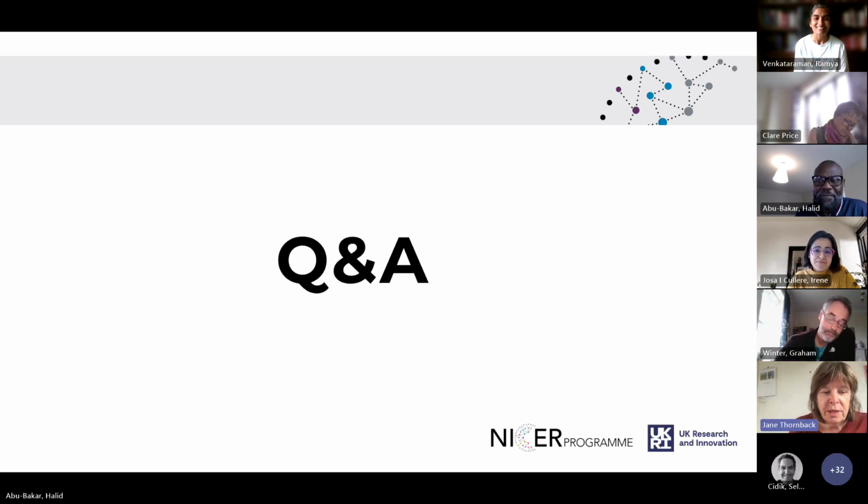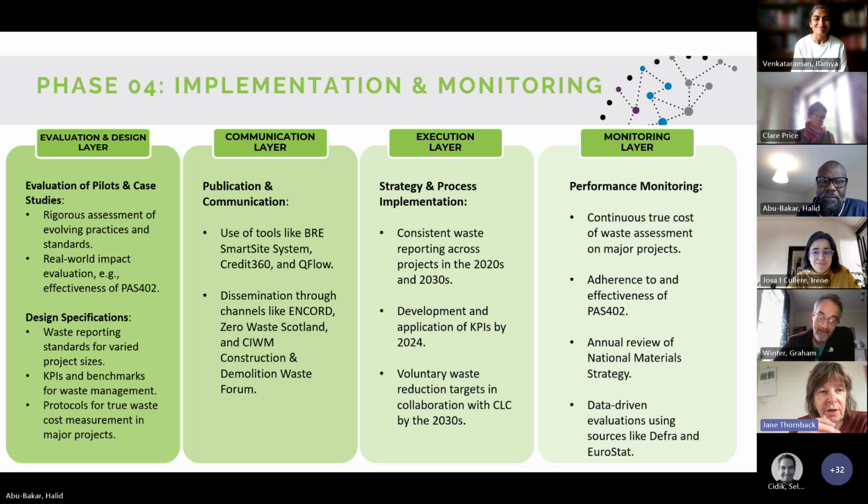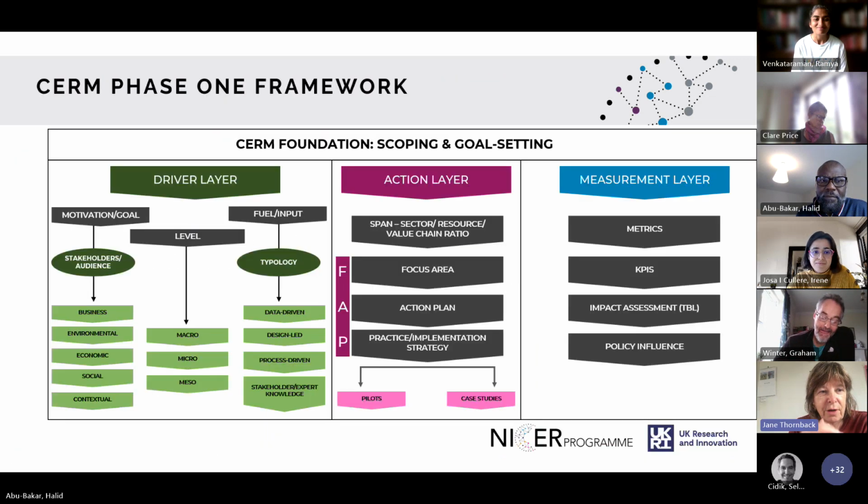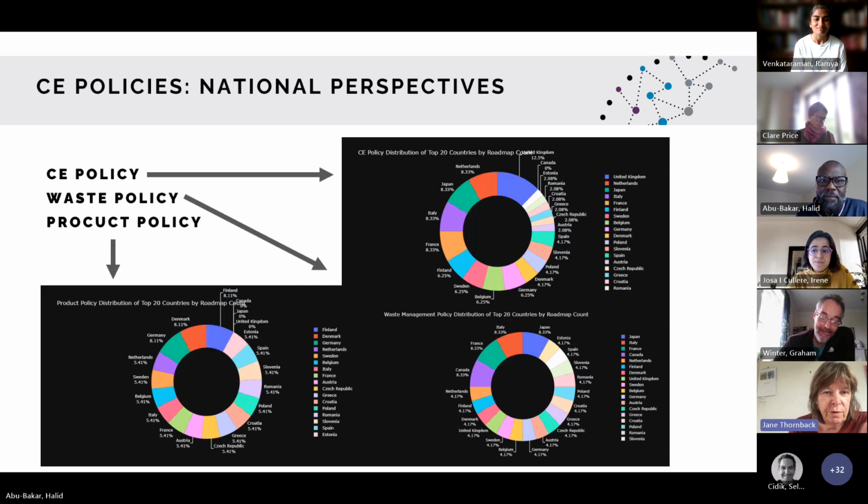My question is really about this distinction between what's government and what's private sector, and I think it's often not as clear cut as everyone seems to think. That Zero Avoidable Waste route map was actually a voluntary activity of keen people within the sector, and I can see Graham Winter from the Environment Agency just along the thing. So in terms of the driver, it was, if you like, people wanting to save the planet.